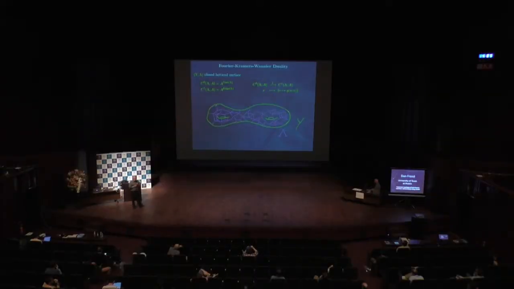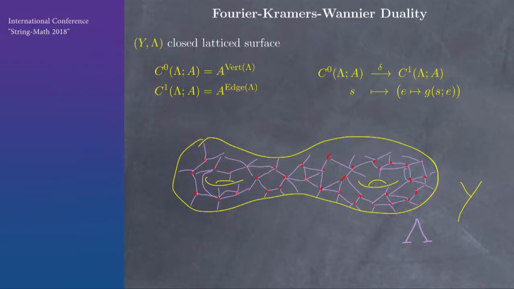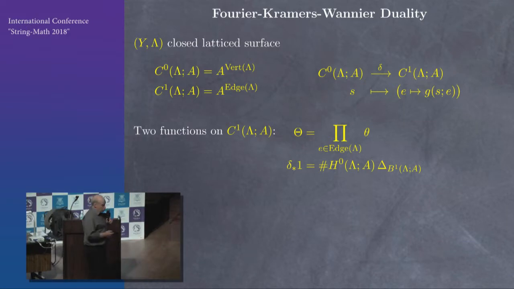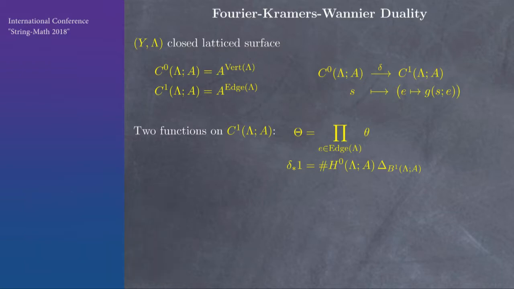Okay, so what's one of the key properties of this model in the case when A is abelian is this duality of Kramers and Wannier, and we can say it in the following language of cochain complexes. So the configurations are really zero cochains, functions on the vertices with values in A. There's a co-boundary map, and the co-boundary map is nothing but the ratio that we took before. And so there are two functions now on C1. One is the function on the group, these weights. That's a function on the edges. And the other one is just telling us that we're supported on the co-boundaries.